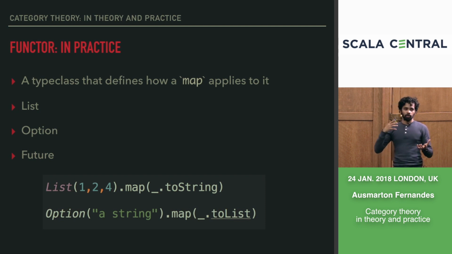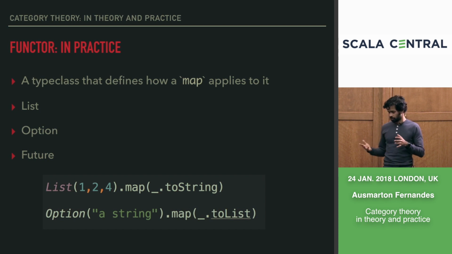Of course, there's no predefined class in the standard Scala distribution by the name functor, but for all practical purposes, what we need in a functor is that it needs to be able to define how a map would work on it, basically how it would compose with other